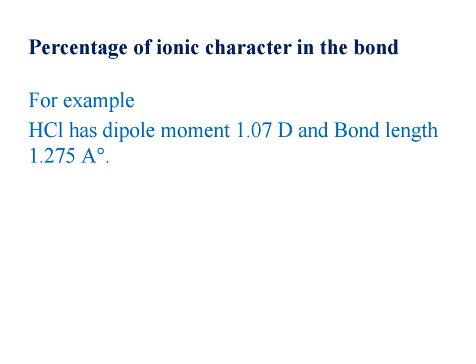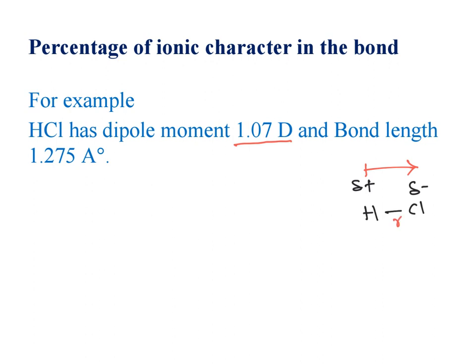Here I am taking HCl, and we know that HCl is a polar molecule. Chlorine is the more electronegative element, which polarizes the bonded pair of electrons towards it, and it gets a partial negative charge, and hydrogen gets a partial positive charge. So the dipole moment is oriented in this fashion, and it is experimentally found that HCl has a dipole moment of 1.07 D, and the bond length